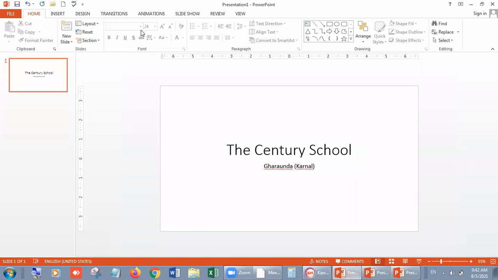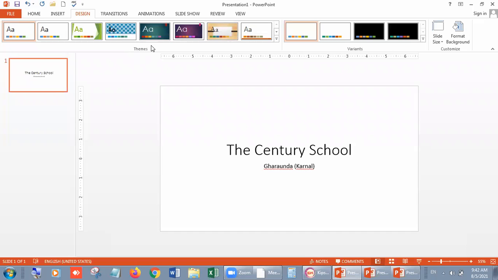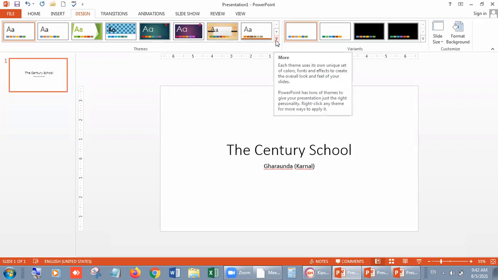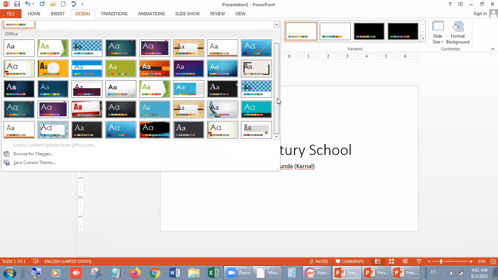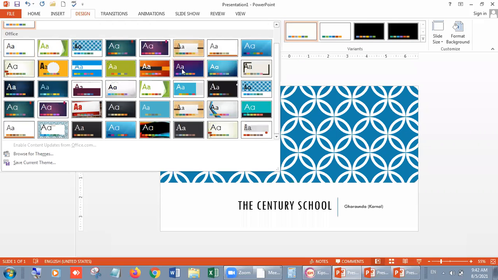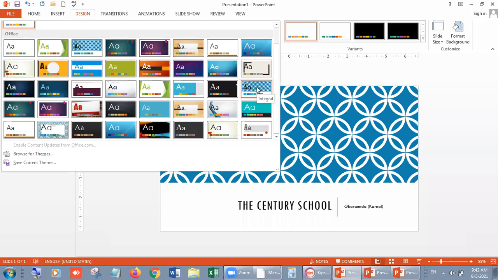So we have to go in this slide. Suppose I'm using this one. Then click on design tab and here you can see the themes. These are the themes. If you want to see more, then you can click on more button. Click on it. You can see here all the themes. Suppose this, whenever you move your cursor, then you can observe the change at the slide.